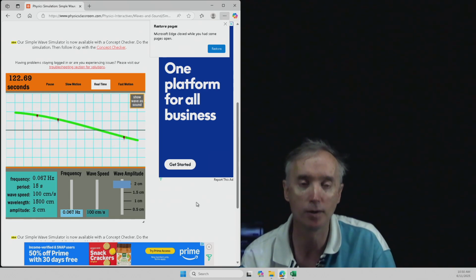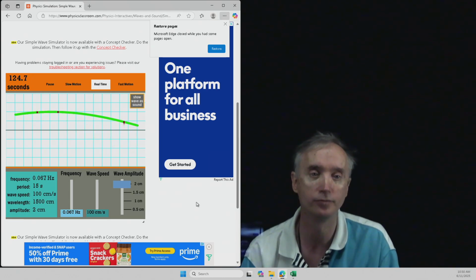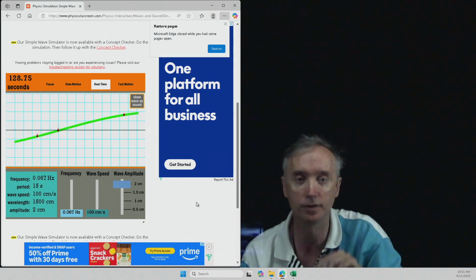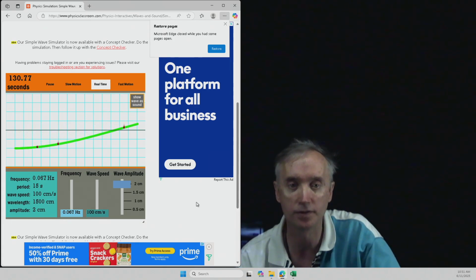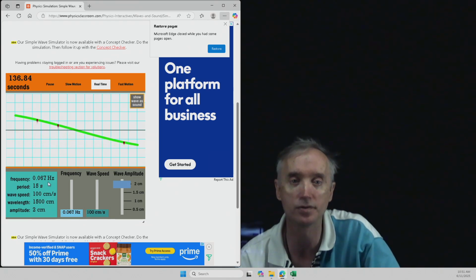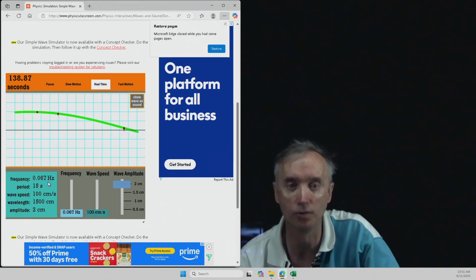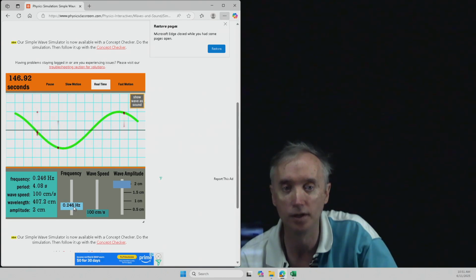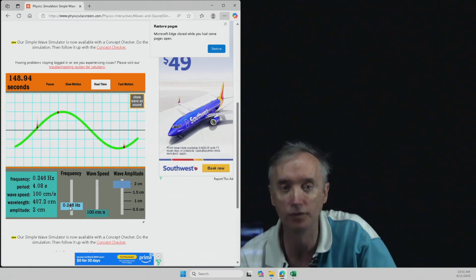So this could be representing an ocean wave. And you see that it's going up and down at a certain frequency, and that is right over here. This is the display of the frequency in hertz. You can also control the frequency by changing that. So here's how to control the frequency, and if you change this, then it changes